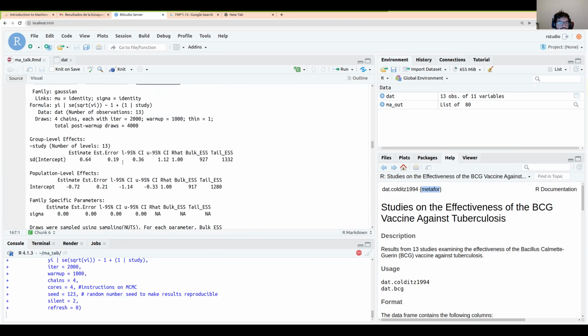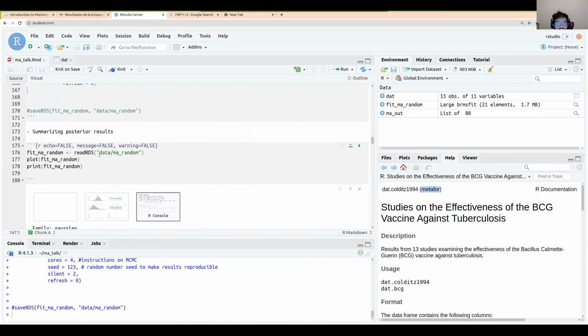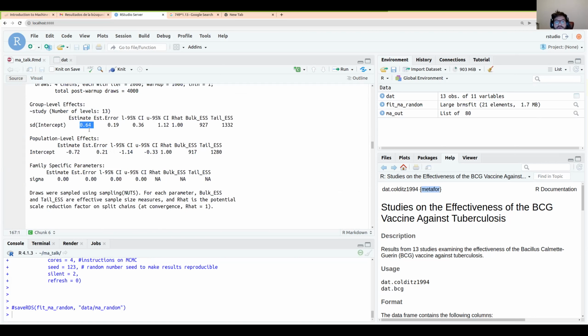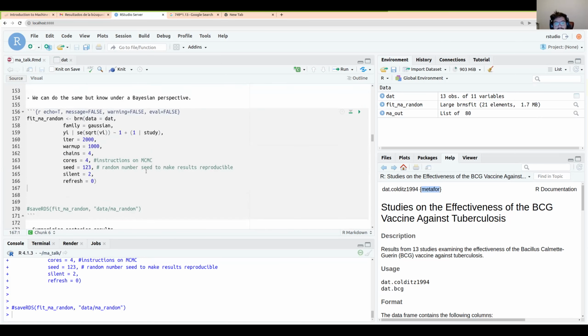Now you will have this SD intercept, which is the between-study variance. Sorry, the between-study standard deviation, right? This is 0.64, and here is the uncertainty, the credible interval for this. So as you can see, it is straightforward to run a Bayesian meta-analysis in